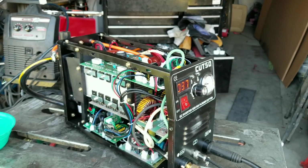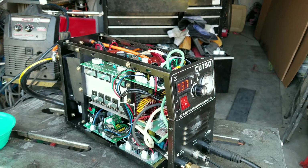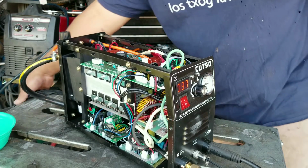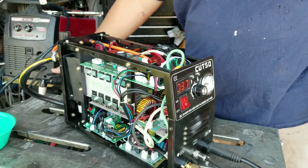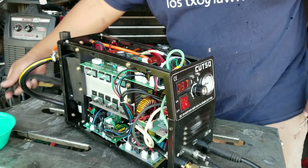Okay, so it's back on. That light is not on anymore. I don't know what they're trying to do here, but let's see. No, nothing. It came back on. So guys,